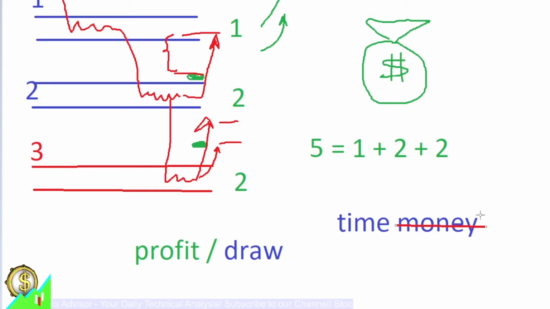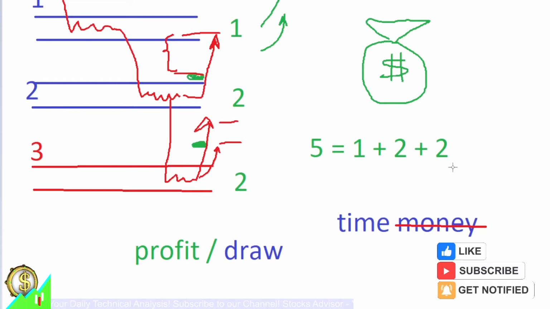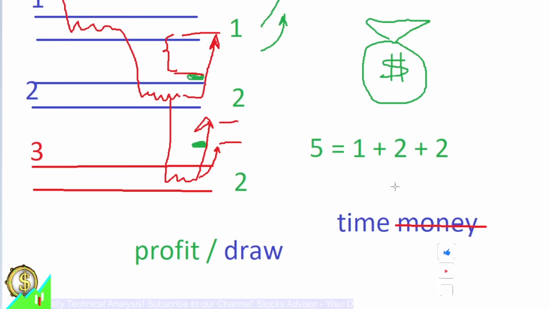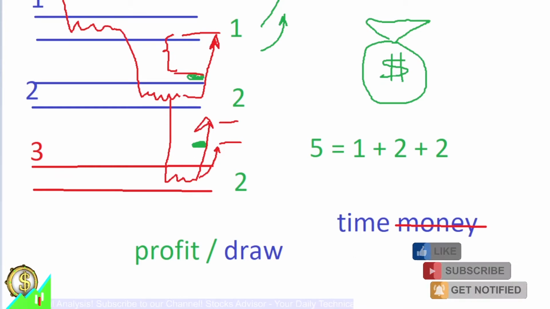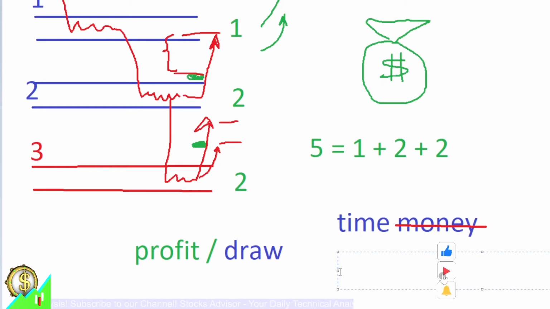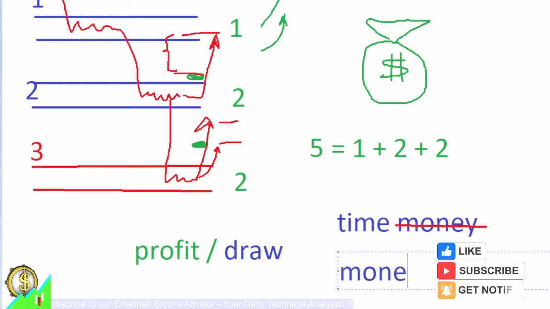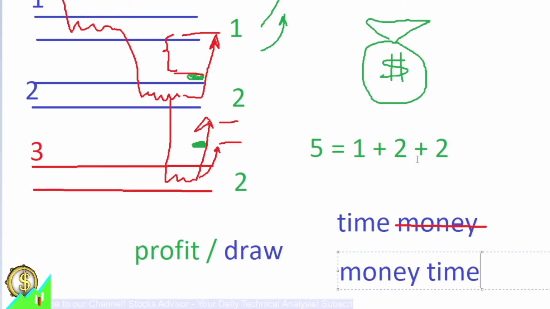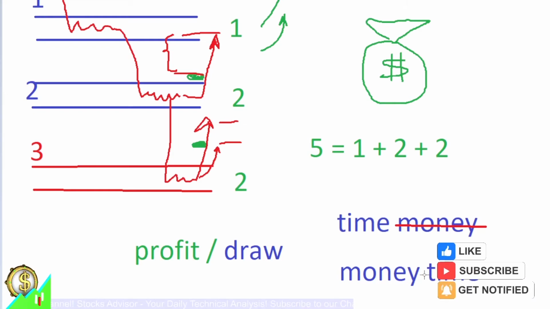Those who like stop loss, I often also refer to it in our videos. Those who do stop loss, they actually do it the other way around. So they pay with money, but they don't want to lose the time. So they say, okay, I take the loss, but probably I will be faster to make the profit somewhere else. So this is so-called stop loss. And this is what we don't do.